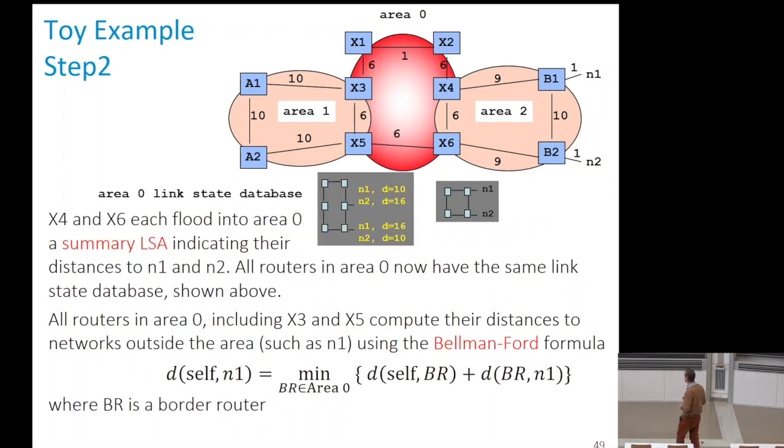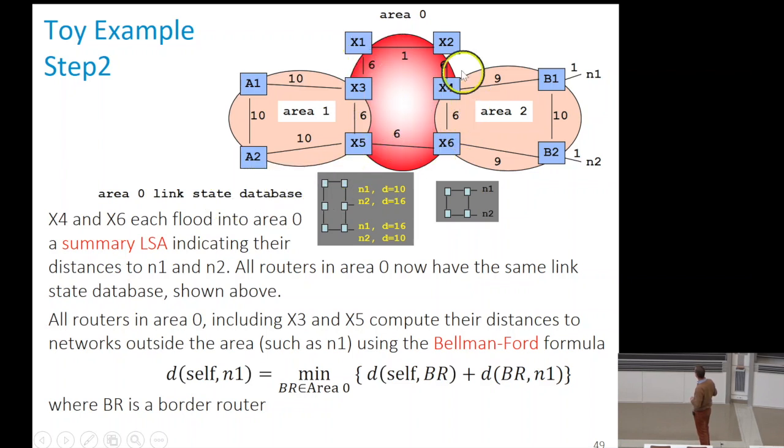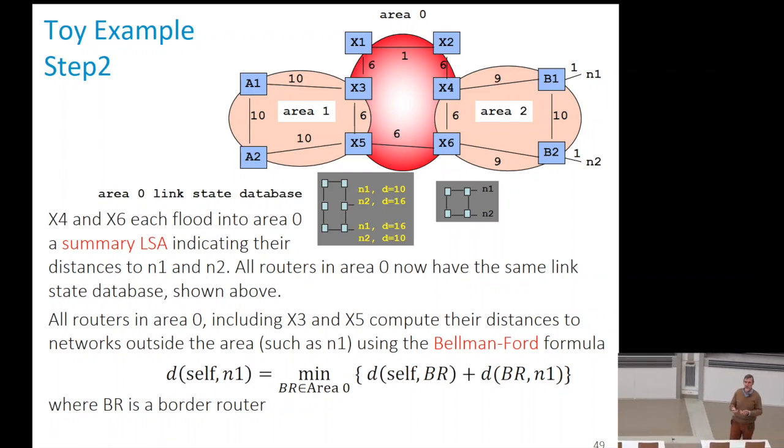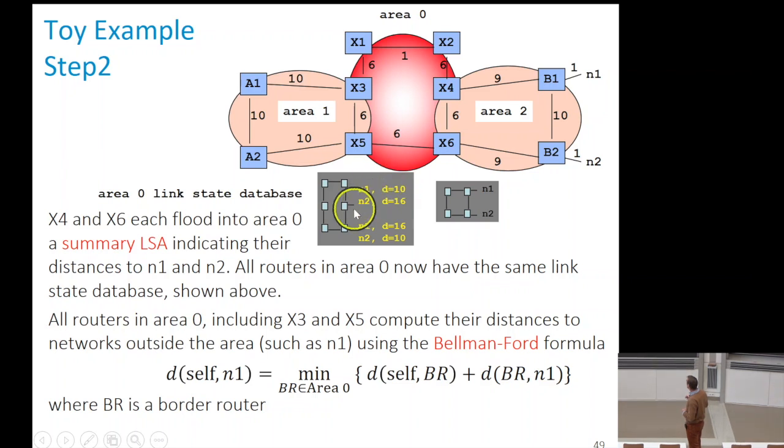Then next step, X4 and X6 are also in area 0. So they will add this distance information that they have learned from area 2, they will add it in the topology database of area 0. They will do as if they would be directly connected to N1 and N2 with the costs that they have computed. So this is illustrated by the things in yellow here. So this router knows it is at the distance 10 of N1, so it will do as if it's directly connected here. And it will flood that information using the link state advertisements,